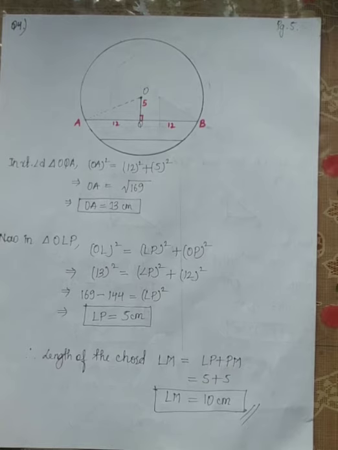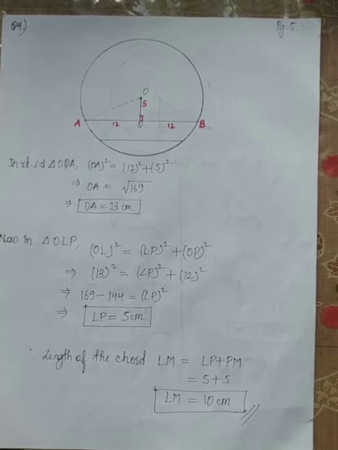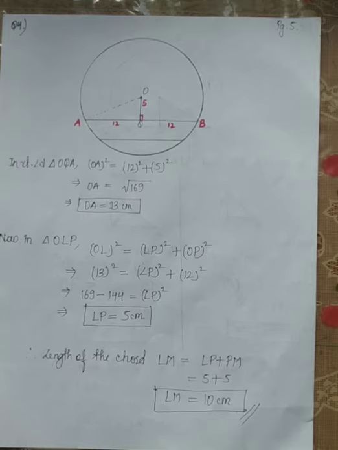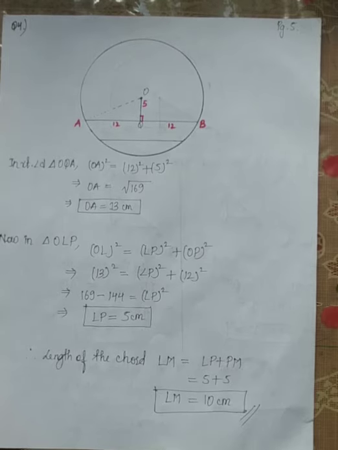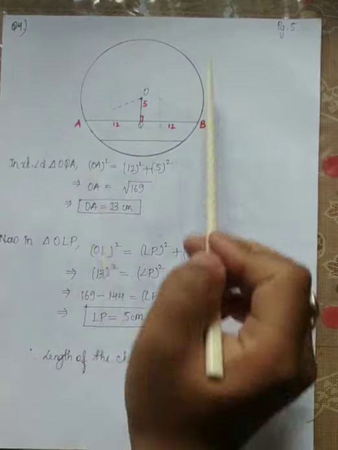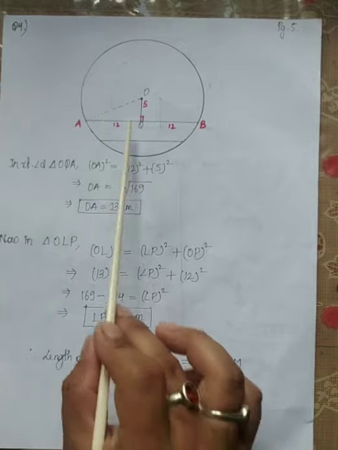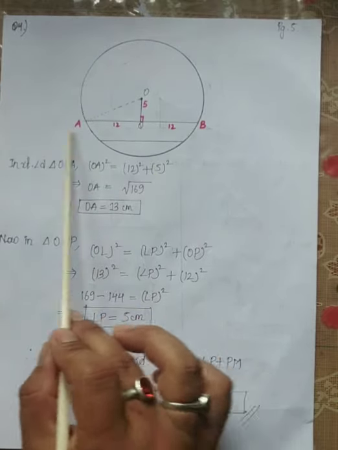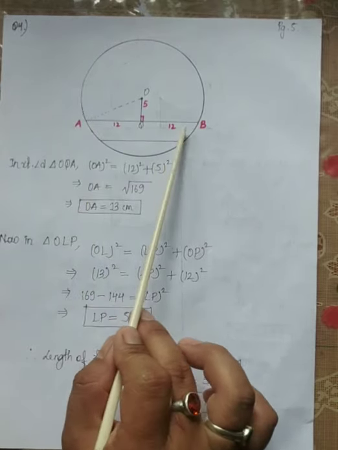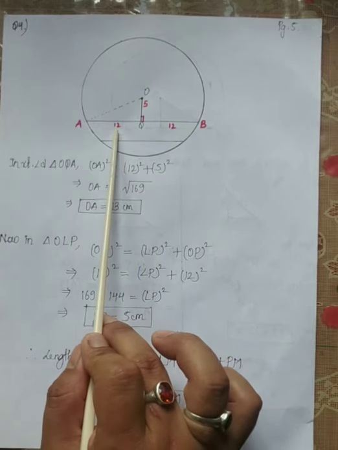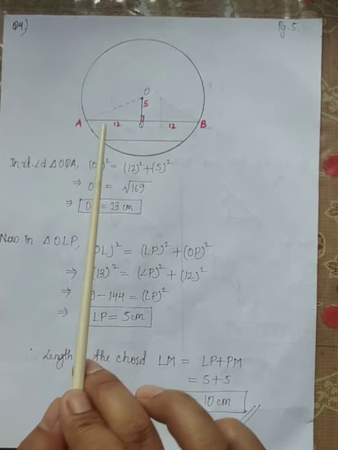Right, a chord of length 24 centimeter is at a distance of 5 centimeter from the center of the circle. So let's divide this question into 2 parts. So I'm just doing till the first part for now. Okay, you draw a circle, locate your center, and this is your chord AB. Okay, remember the length of the chord AB out here is 24. So I'm dividing it 12 and 12. Right, and the distance between